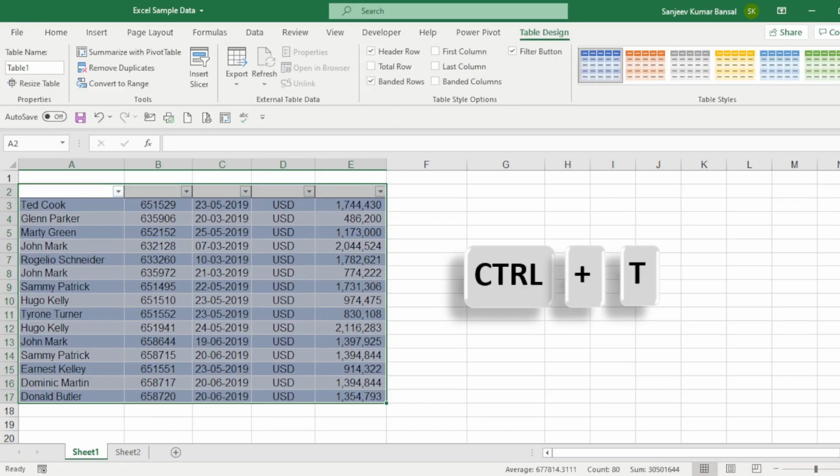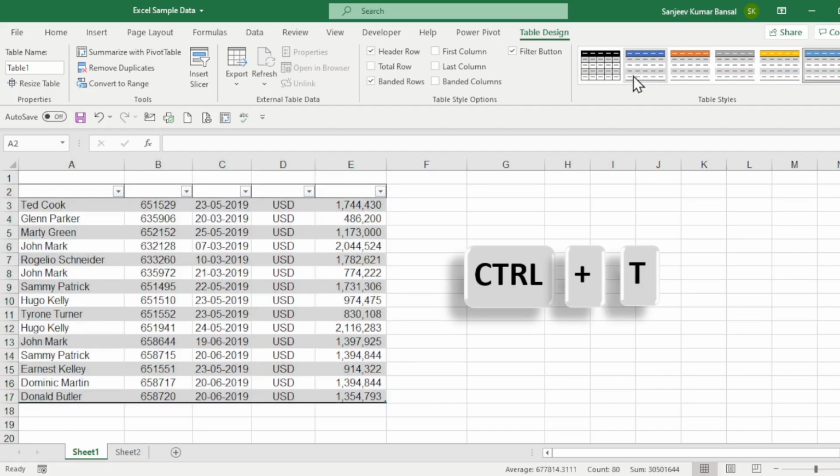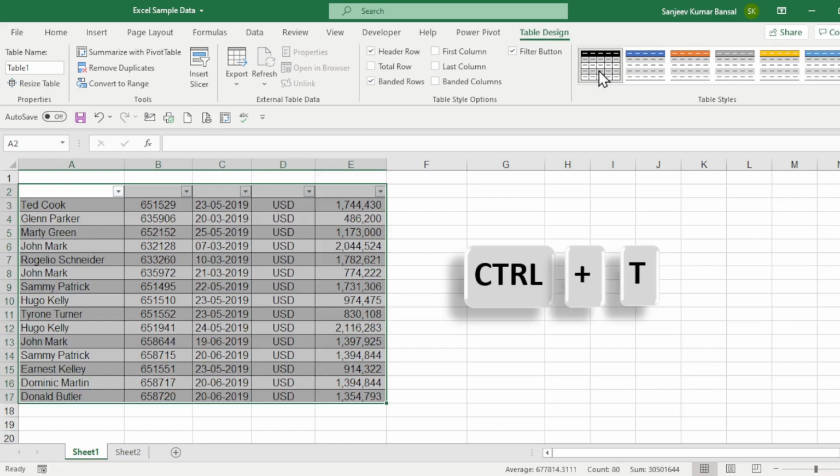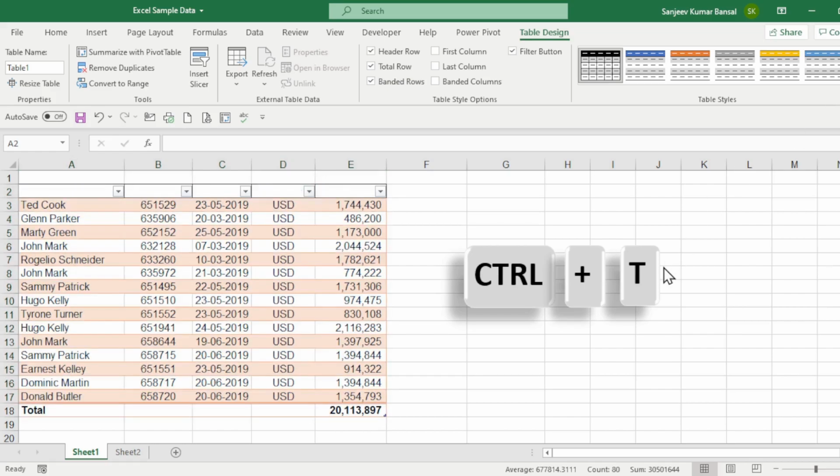You can choose a design of your choice. Have this table. You can add a total row with this, and you can do plenty of things with your data.